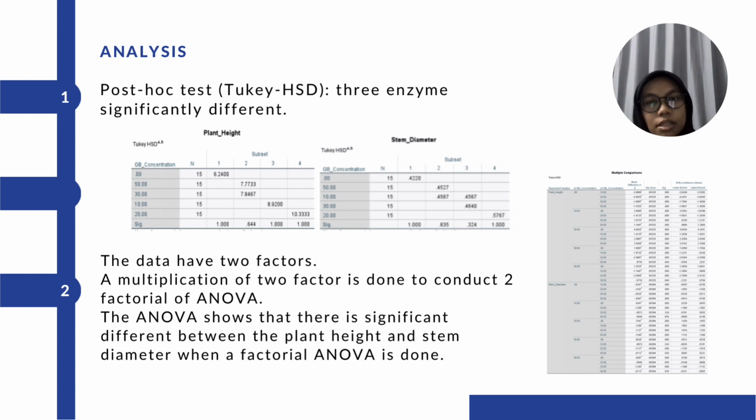So we have two factors to determine the effectiveness of both type of garbage enzyme and concentration of garbage enzyme on plant height and stem diameter. A multiplication of the two factors is done to conduct a two-factor ANOVA. Based on the ANOVA result, it shows that there is a significant difference in plant height and stem diameter when factorial ANOVA is done. Since there is a significant difference between the factorial independent variable on plant height and stem diameter, the Tukey post hoc test is done to study the relationship between the two independent variables. That's all from